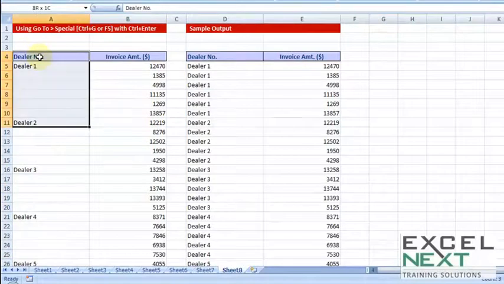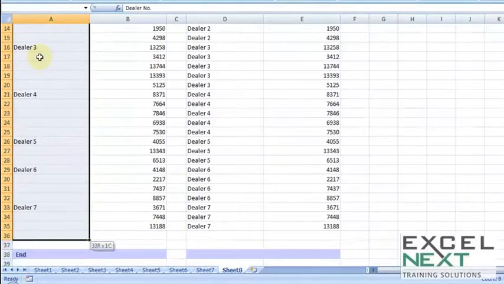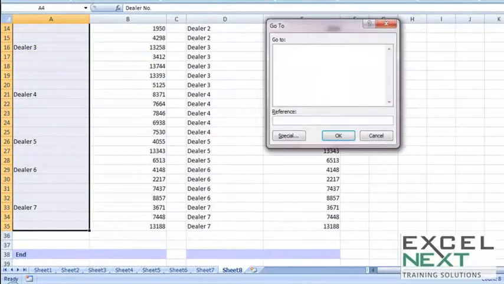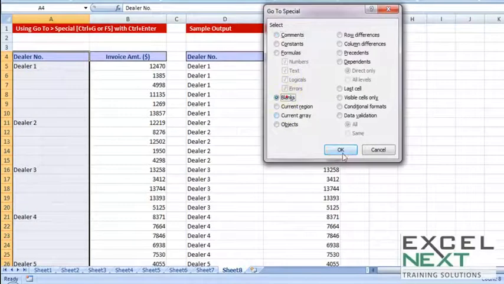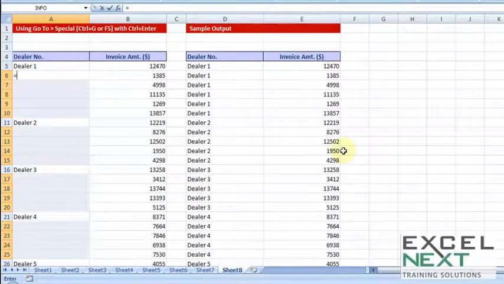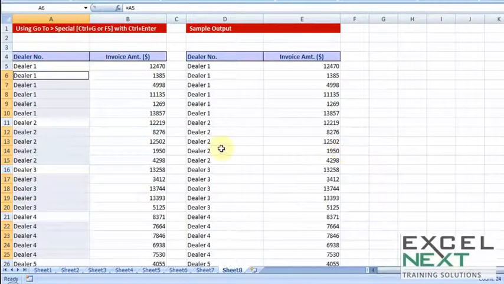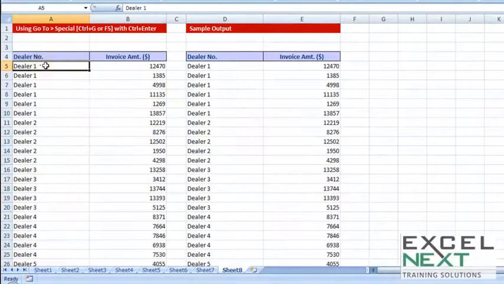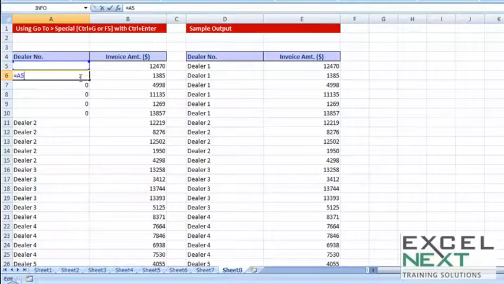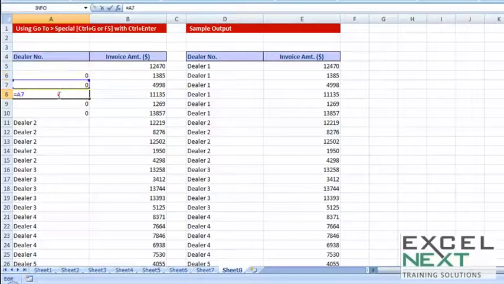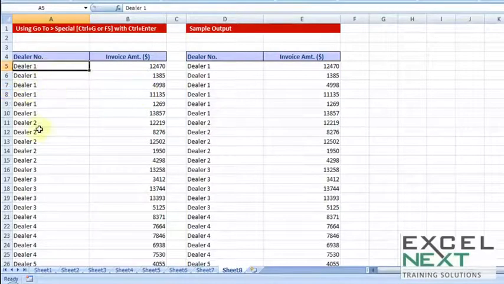So after choosing your affected regions of Excel, something like this, Control G, special, blanks, okay. Equal to whatever the cell on top says, let's say dealer 1, and next in line is to press Control Enter. Now this is not over yet. Why? Because tomorrow you may delete one row or one cell. The moment you do that, the next cell says please follow the cell on top, and which is obviously blank. So I want to replace all these formula with actual values which suggest dealer 1, dealer 2.